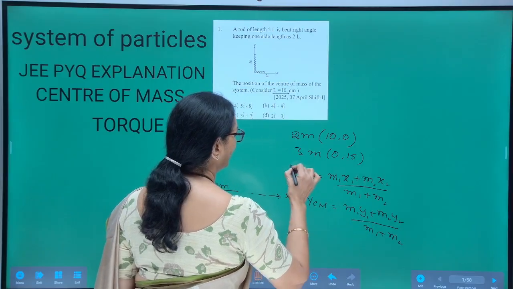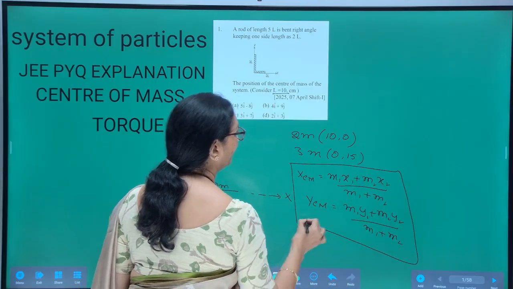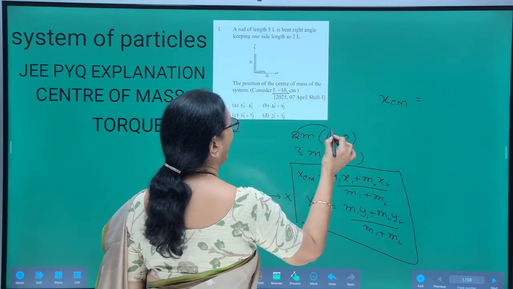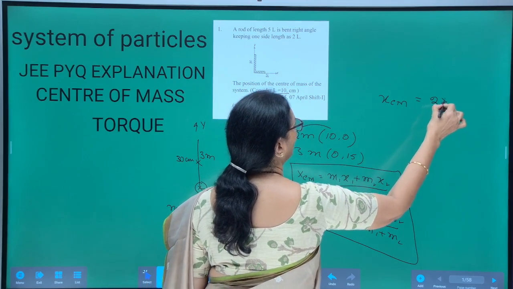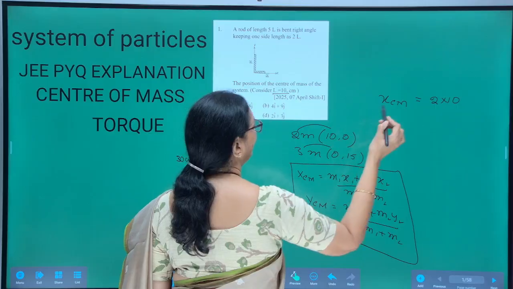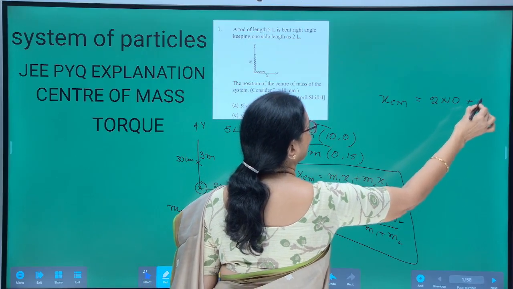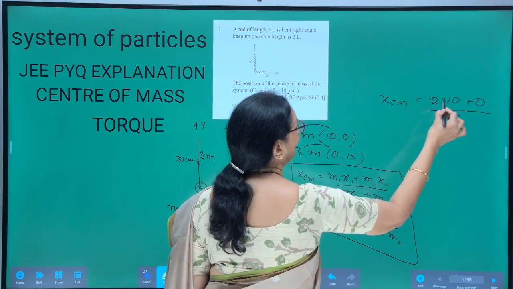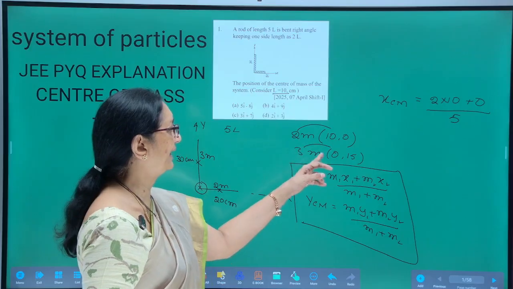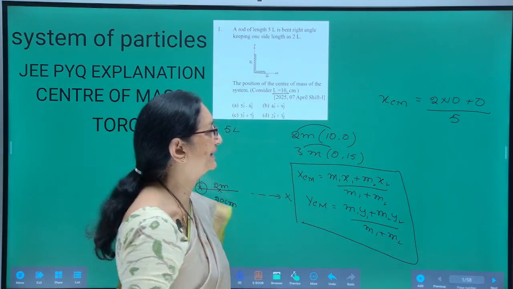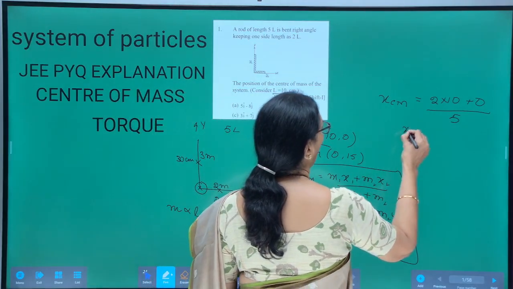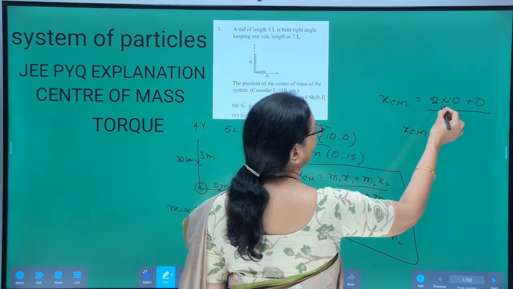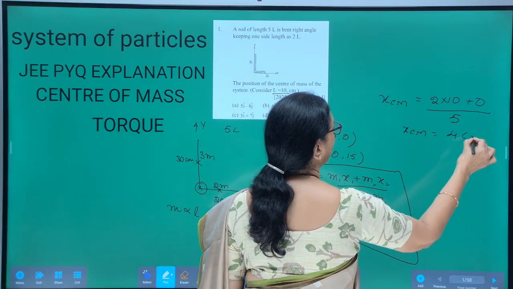So, substituting in these two formulae, x coordinate of center of mass is m1 x1, that is 2 into 10, plus m2 x2 which is 0, by m1 plus m2, 2 plus 3, 5. Actually, 2m, 3m, 5m, m anyway it gets cancelled. So, x coordinate of center of mass is 20 by 5, that is 4